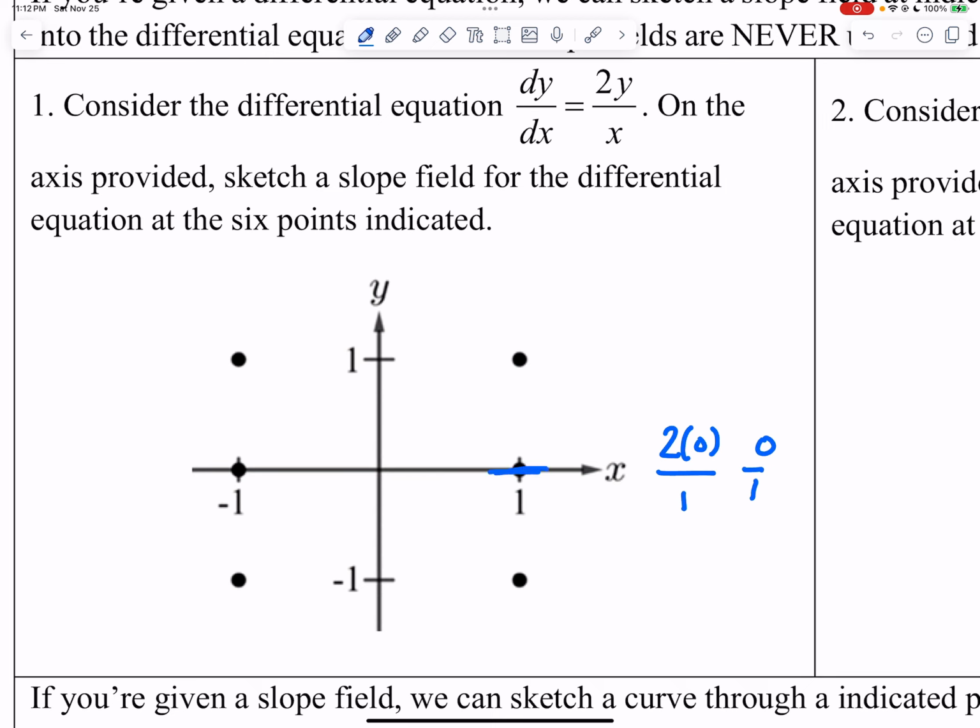Likewise, if y is 0, this means that this is also going to be 0 right here. Great. Now, what if x is 1 and what if y is 1? So something like this right here. That's going to give us 2 times 1 over 1, which is going to give us a slope of 2. So we're just going to try and make a slope of 2. It doesn't have to be perfect, but as long as it looks positive and it looks like 2 and it's not that steep,